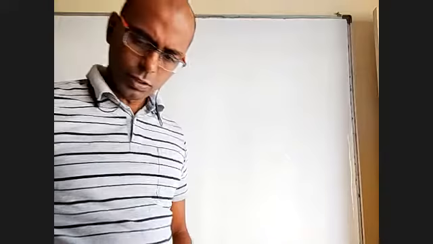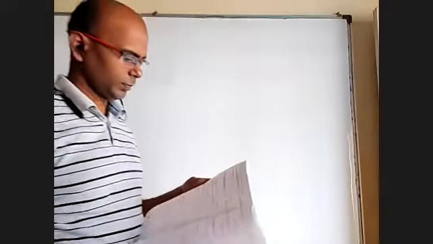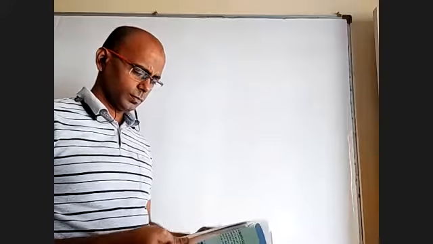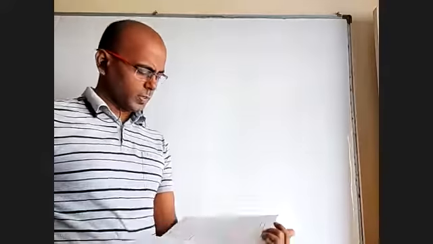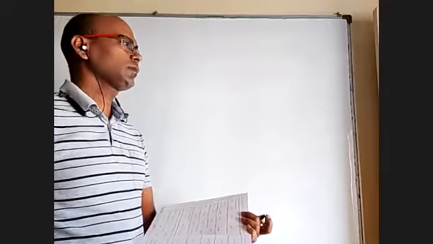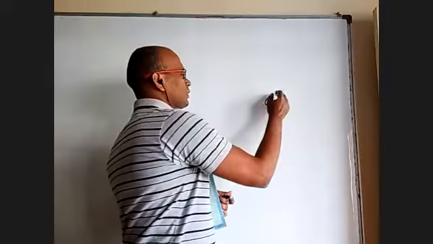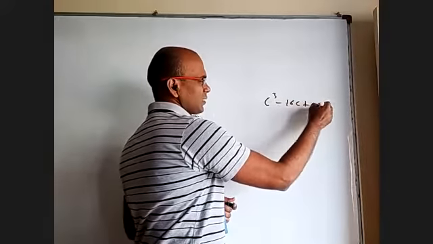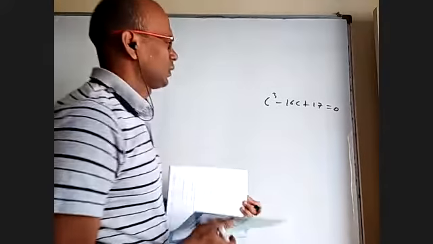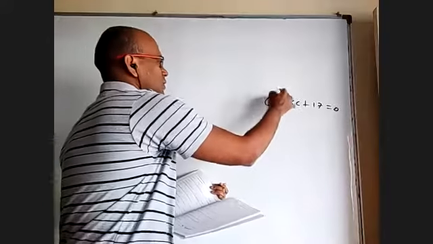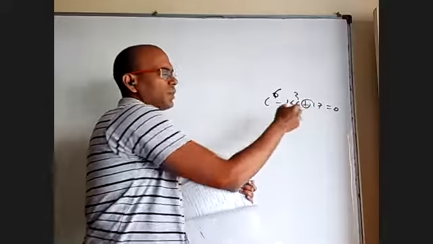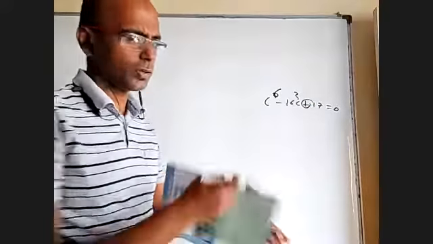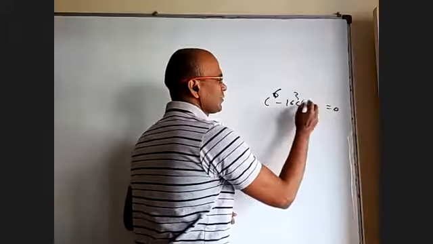Okay. 44, they gave option C, or you are telling another option is also correct? Just a minute. Okay, they gave C. Maybe I did not check that other option properly, because what is that I get there? C cube minus 16C plus 17 equal to 0. If I put minus 1, I think this is instead of plus 17, it is minus 17. Yeah, I wrote the equation wrong. This is minus 17 only.